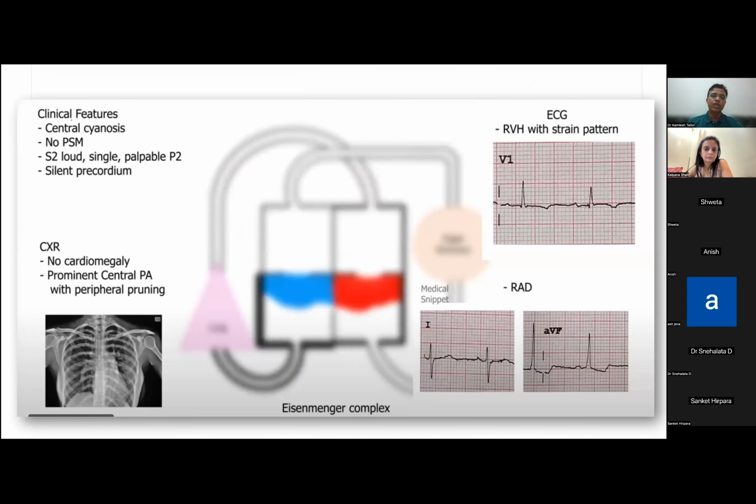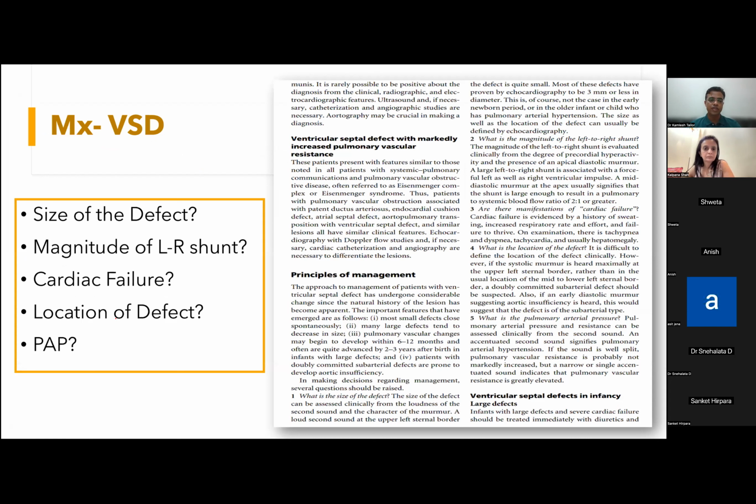And in an Eisenmenger patient, because of pulmonary vascular occlusive disease, there will be central cyanosis and no pansystolic murmur. P2 will be loud and single, and a silent precordium. On chest X-ray, there will be no cardiomegaly, but a prominent central PA and peripheral pruning, which we already discussed in the ASD patient also. Management depends on the size of the defect, magnitude of the shunt, cardiac failure, location of the defect,